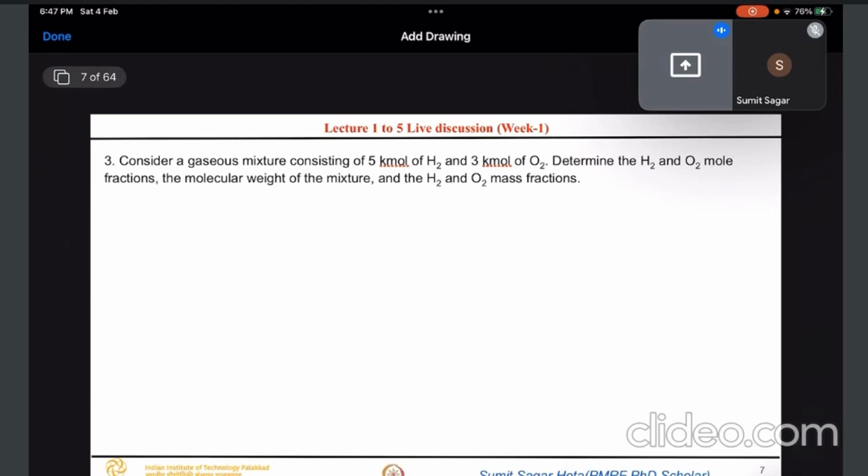Okay, so now in this question, I have to write down what are all the things given. 5 kilomole of H2, 3 kilomole of O2. To find